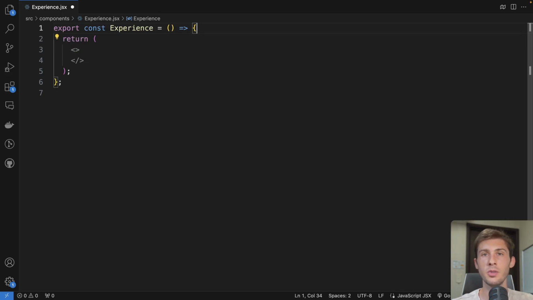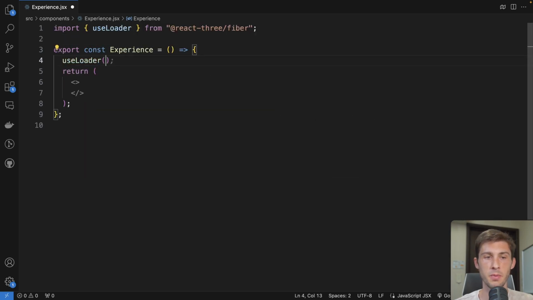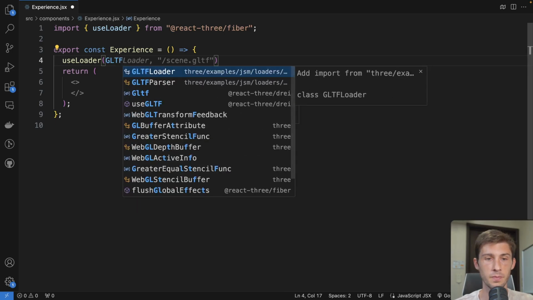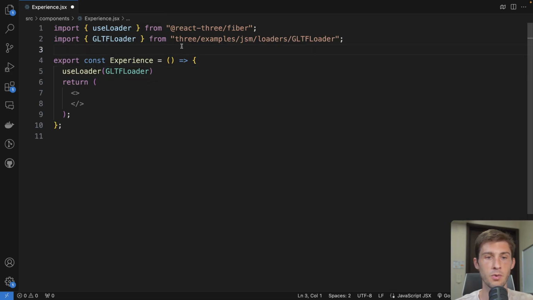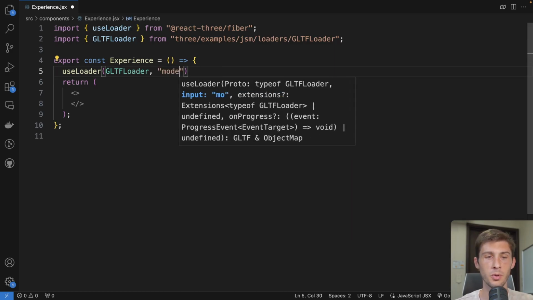To load any resource into our project, we need to use a loader. To do so, there is the useLoader hook by React Three Fiber. The first parameter is the loader we want to use. For us, it will be GLTFLoader. It's imported from three/examples/jsm/loaders/GLTFLoader. Then it's the path of the model. So it's